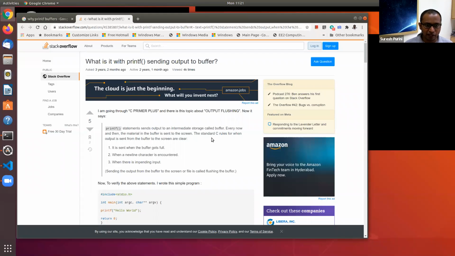Every now and then the material in the buffer is sent to the screen. The standard C rules for when output is sent from the buffer to the screen are clear. It is sent when the buffer gets full. This is what I told a few classes back. It is sent when a newline character is encountered, and it is sent when there is an impending input. That is, if there is a scanf after a printf, then also that has to go out.